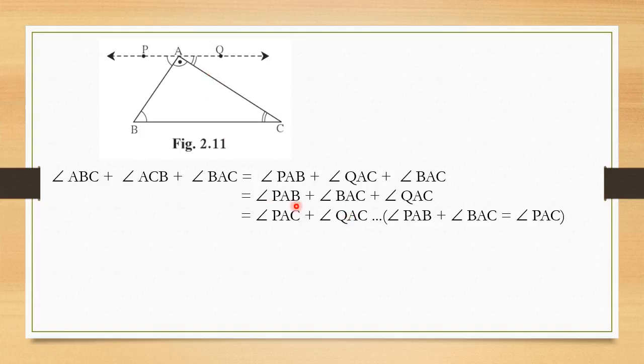Pair means two. So that's why, instead of keeping three, I add both these angles and make it one whole angle, and then we get only two angles. These two angles form a linear pair, so we write these two equal to 180 degrees. Why? Because they are angles in a linear pair. And finally we get LHS equal to RHS.